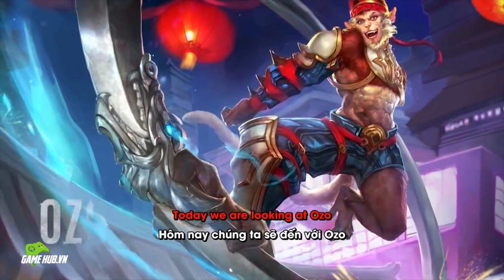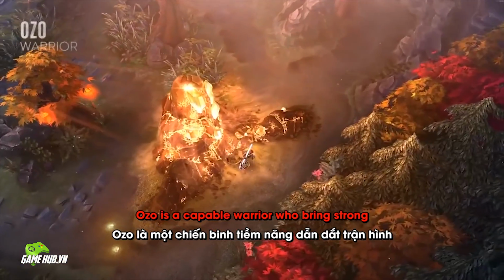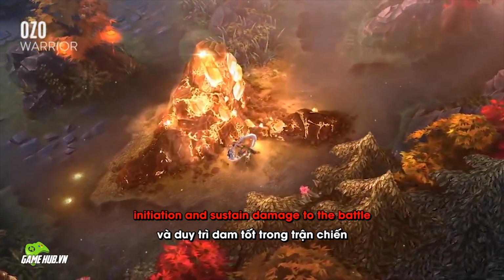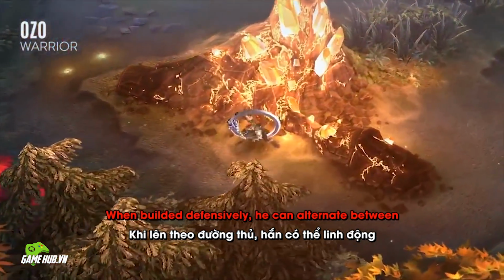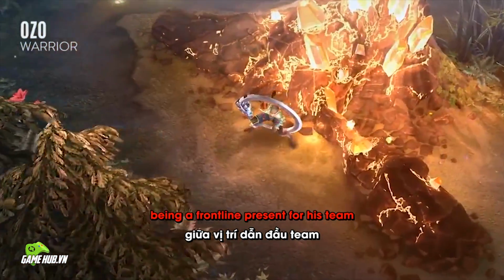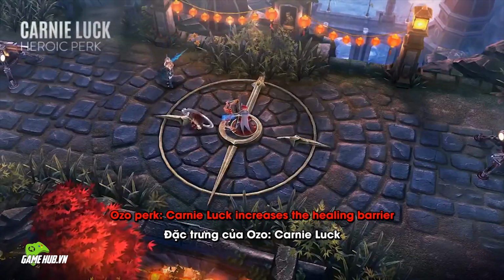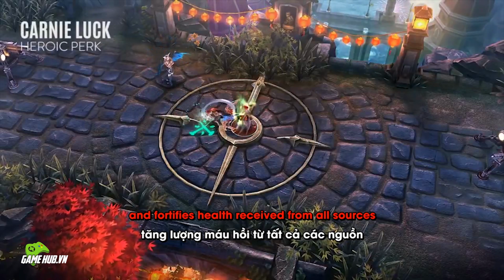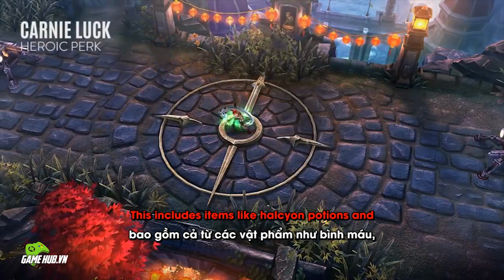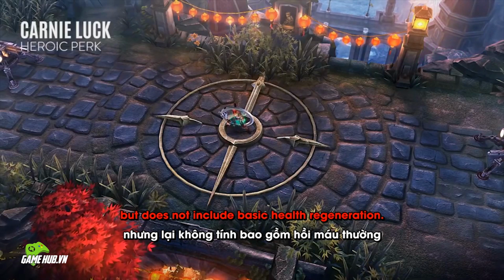Today we're looking at Ozo, a nimble performer who isn't just monkeying around. Ozo is a capable warrior who brings strong initiation and sustained damage to the battle. When built defensively, he can alternate between being a frontline presence for his team and chasing down enemies as they flee. Ozo's perk, Carny Luck, increases the healing, barrier, and fortified health he receives from all sources. This includes items like Halcyon Potions and Fountain of Renewal, as well as lifesteal effects, but does not include basic